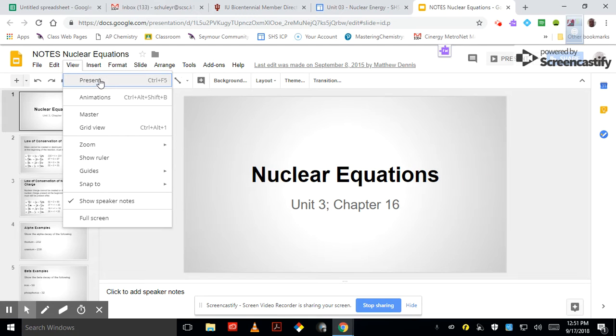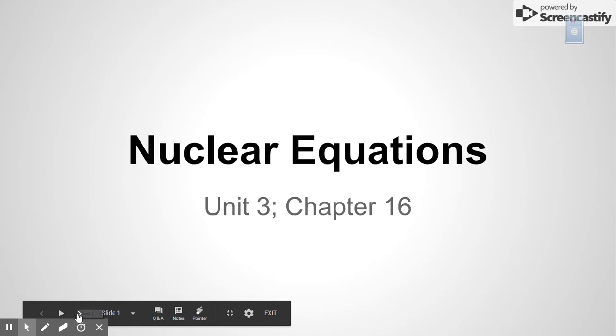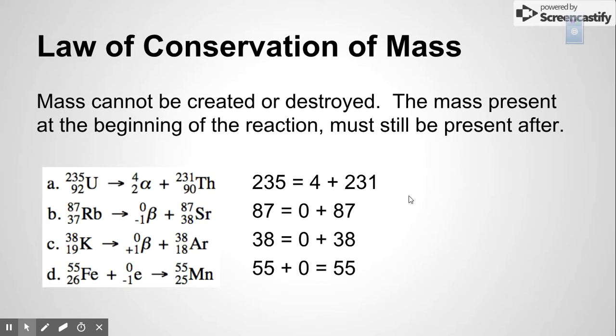Good morning, ladies and gentlemen, and we're going to talk today about nuclear equations. This is the second part of the notes from chapter 16 about nuclear reactions. So we're going to go through this, and then we've got a little worksheet for you to work on after that. What we're going to have to do is make the law of conservation of mass be true in these